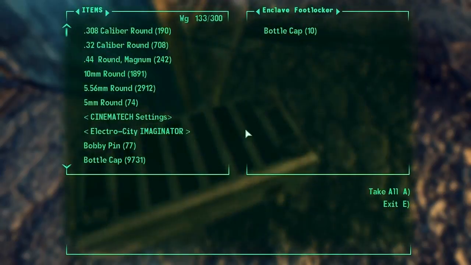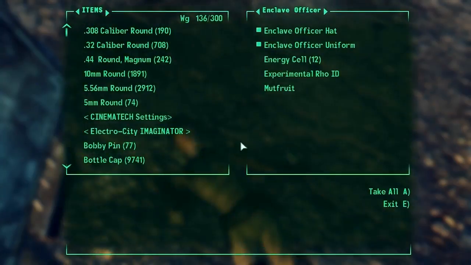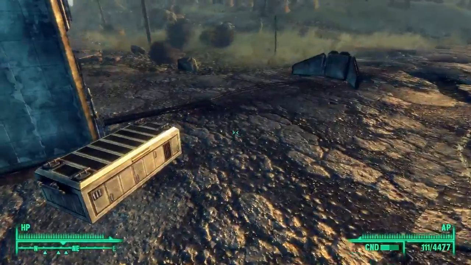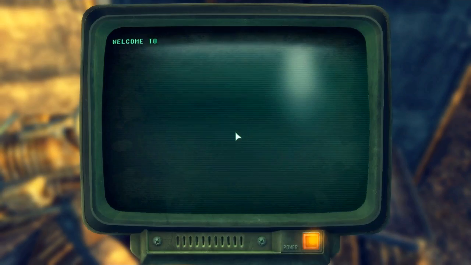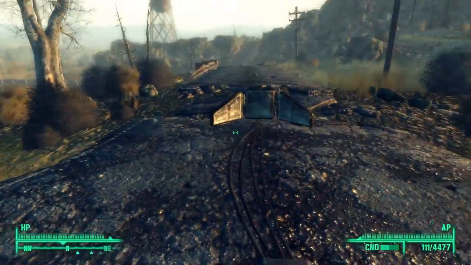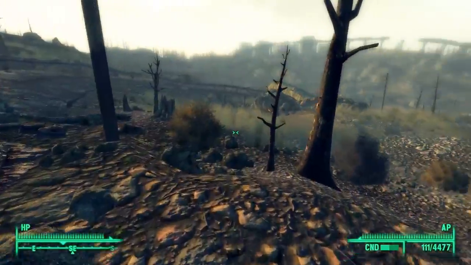See what type of loot we have. Bottle caps. Generator. A terminal. Enclave officer. I already looted this. Let's check the terminal. I'm not gonna bother. I don't really want to hack that. I thought that I picked up the ID off of the officer. I thought I wouldn't have to hack it. I know it's on the terminal. It's something to do with the assignment that she was given, so...